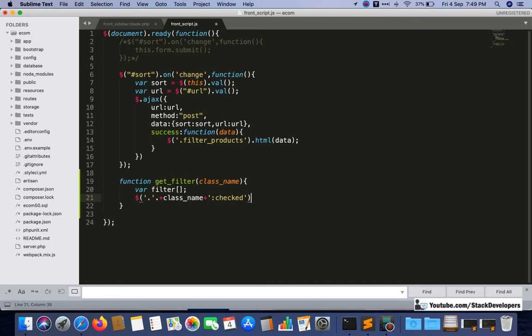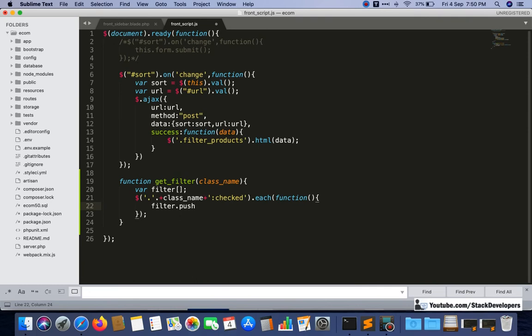Then the each function will come, same like for each we used to do, so that we can add all the values inside this array. Here I am going to add this, our array name is filter, and there is the push function.